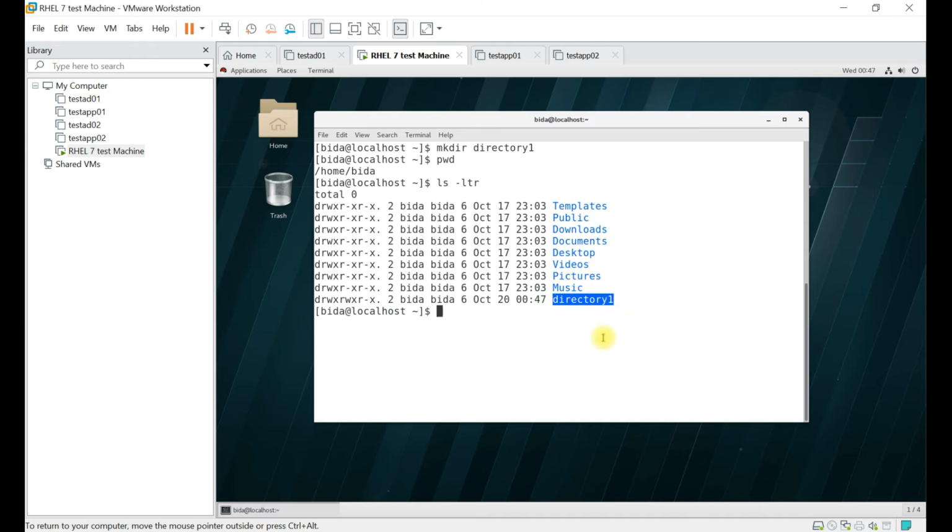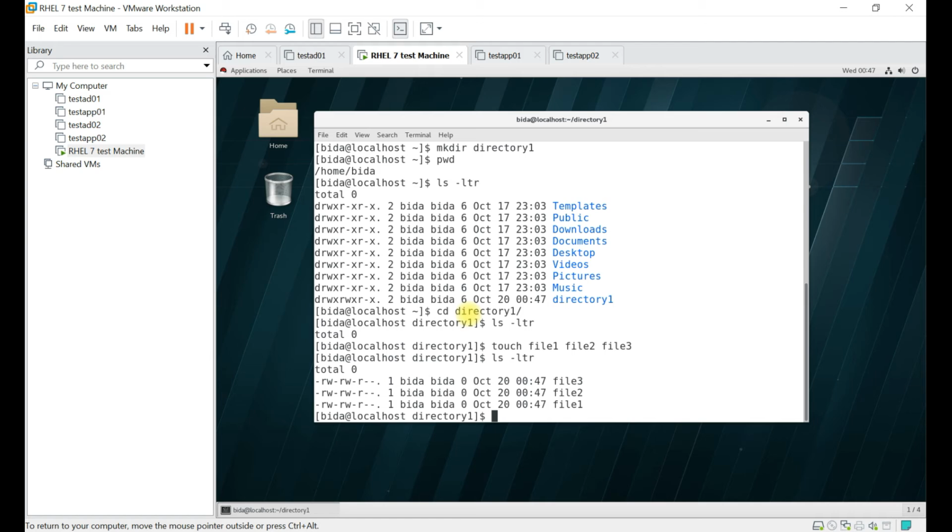You need to know one thing. In the Windows operating system we call them folders, like you always say, I have files, pictures, videos in that particular folder. In the Linux operating system we call it a directory. So just go inside: cd means change directory. Go inside and list. Can you see anything? No. So let's create three files here, file1, file2, file3, and list. Is it available? Yes, it's there. Move back one step.